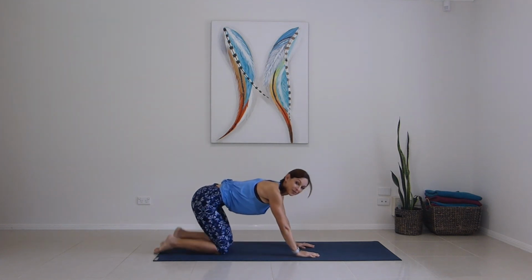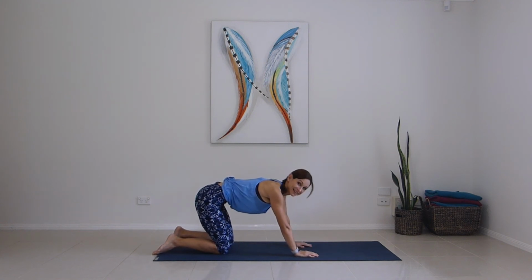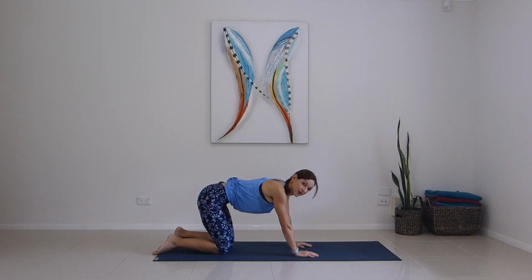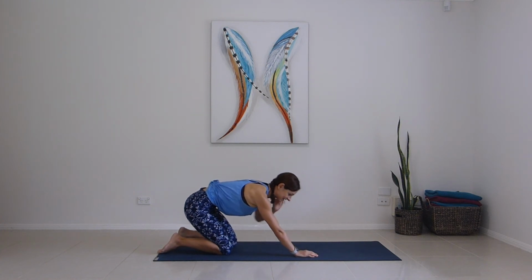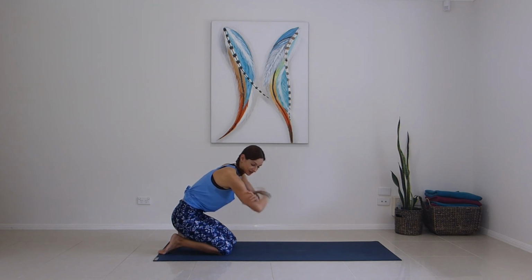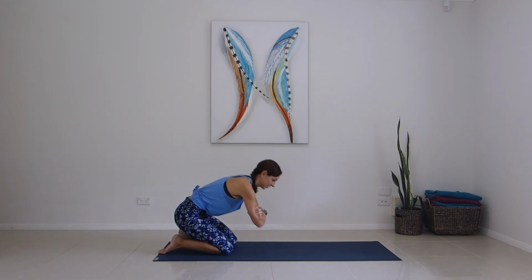Then you've got an option of headstand here. Please have a wall in front of you if you're doing headstand and you're not that confident. Or you can keep practicing your dolphin, or just downward dog if that feels like where your body wants to be at today. So if we're doing our headstand, same arm position, so cradling hands elbow to elbow, ground down